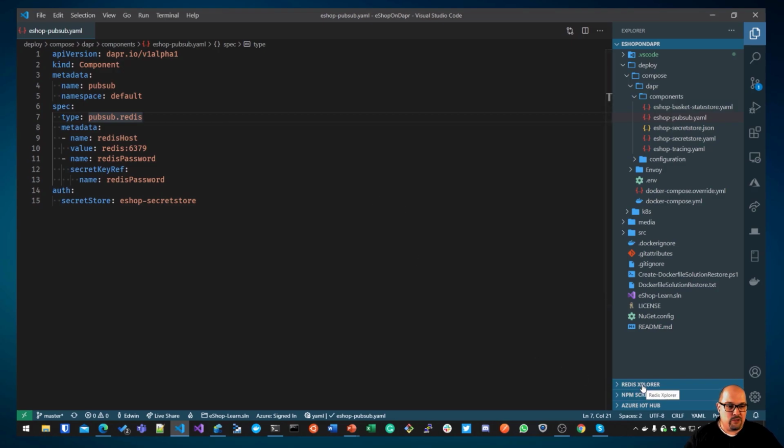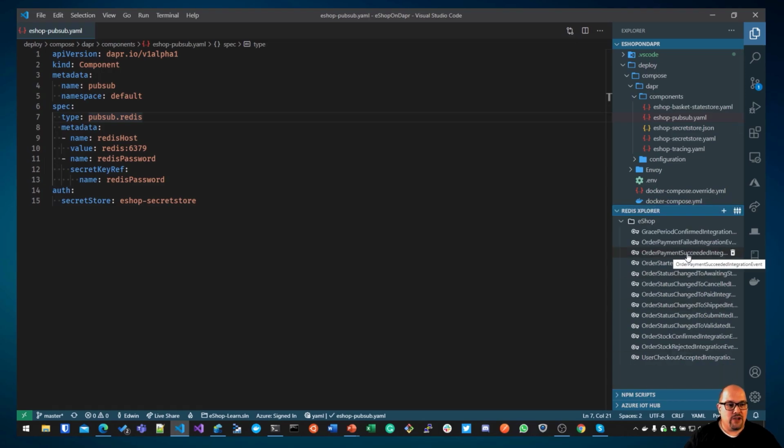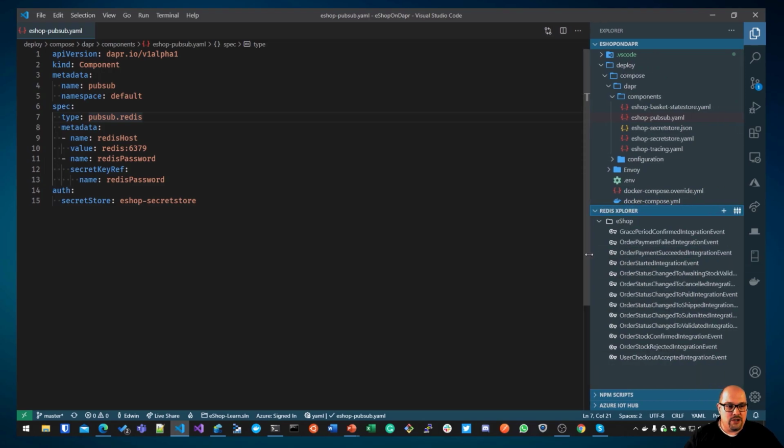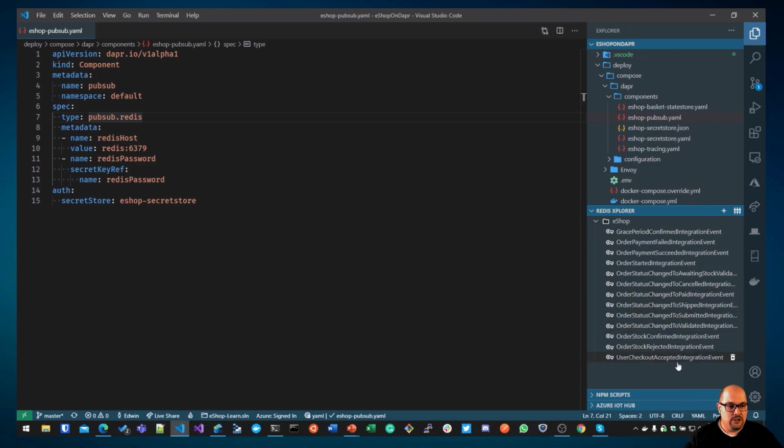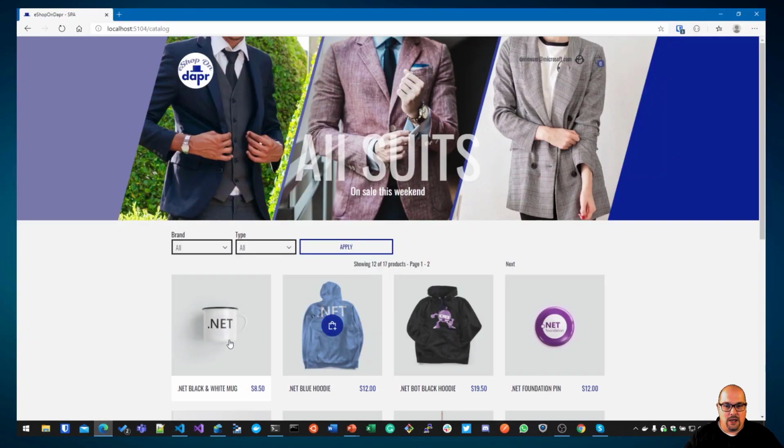And if I go to the Redis Explorer, which looks into this Redis cache, you see that I have all kinds of topics already created in here. So things like order started integration event or user checkout accepted integration event. So these are topics that all parts of the applications are listening to. So if I now go to the application and I order, for instance, the blue .NET hoodie, and I check it out,